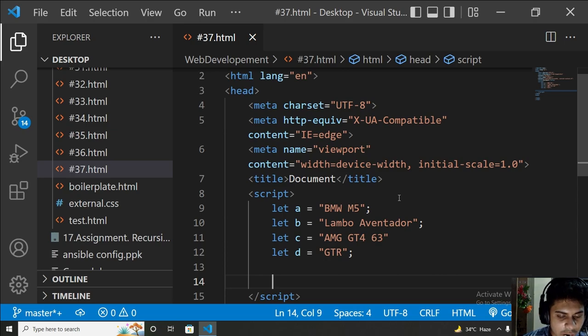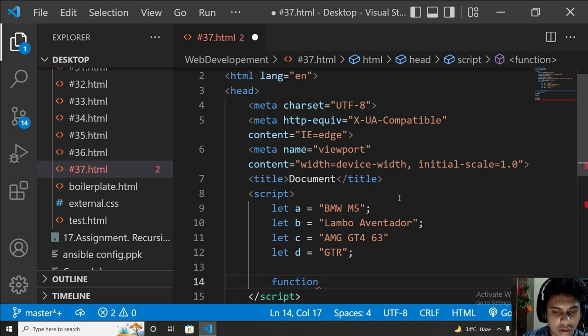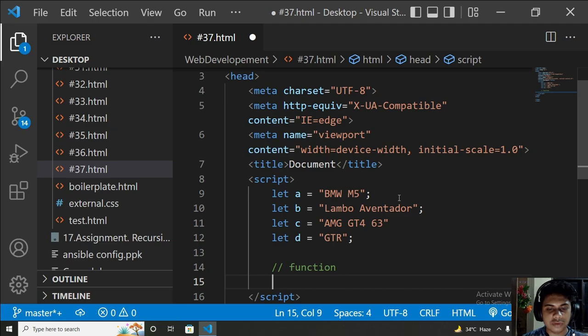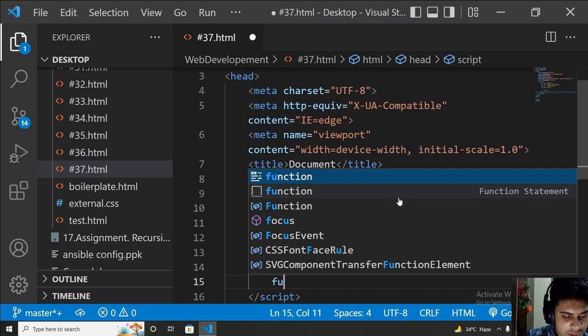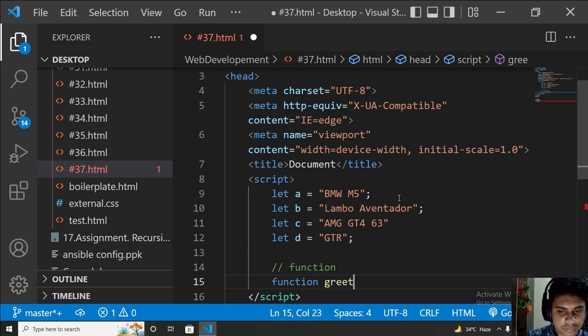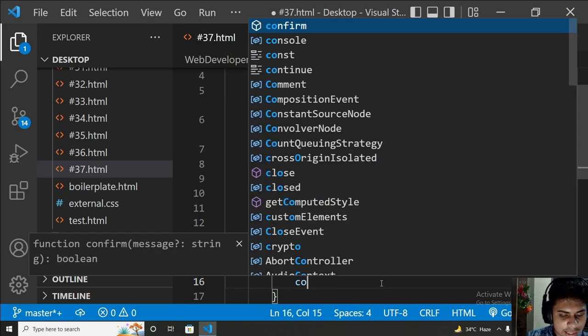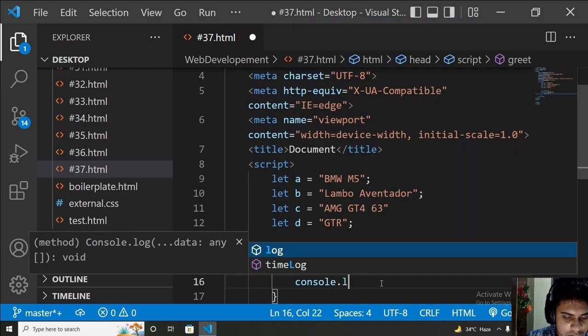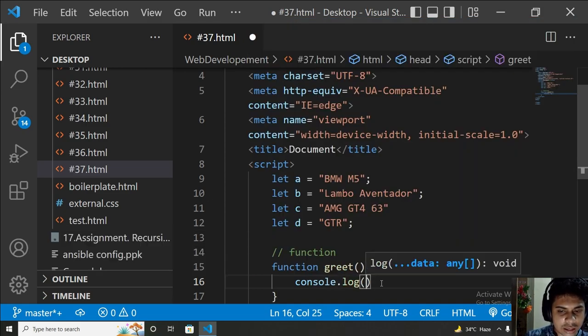Let me make a function. How can I make a function? Let me write here function, and let me comment it as well for you all. Now let me make a function using function greet. Function greet, and here will be your function body. Now here I'll write console.log, and here like